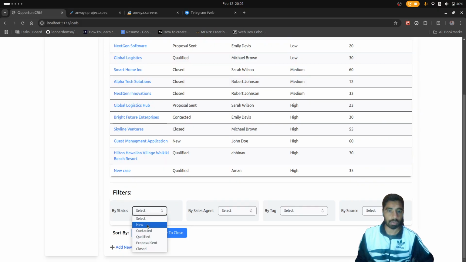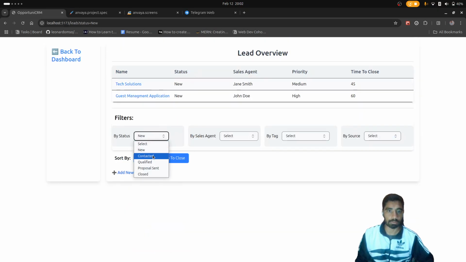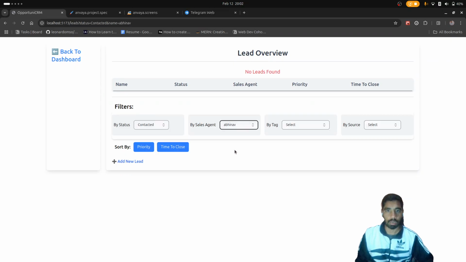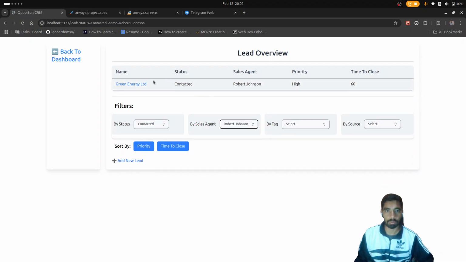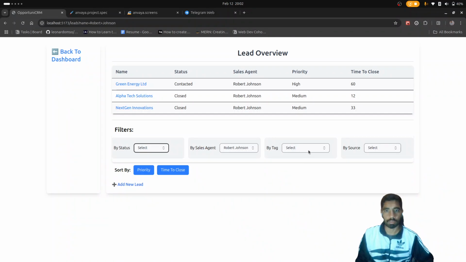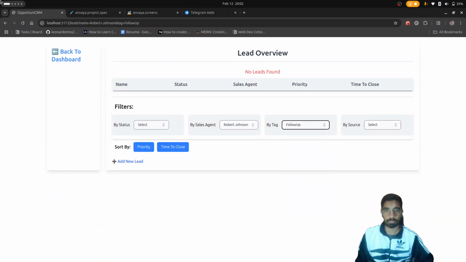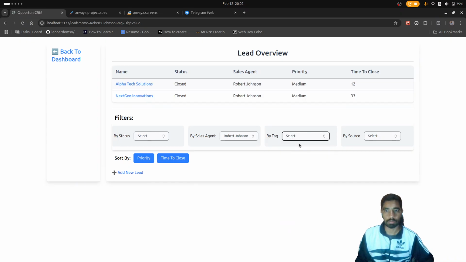We can also filter by status, and if there is no lead found, it shows no lead, and it will show which change it to follow up. No need for a value, it will show like that.